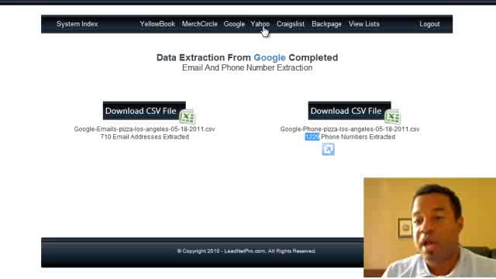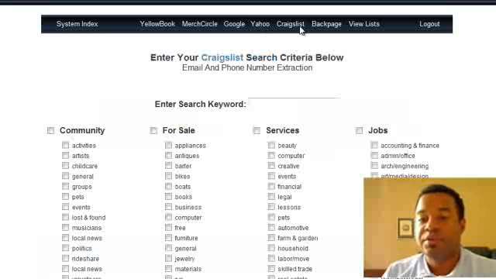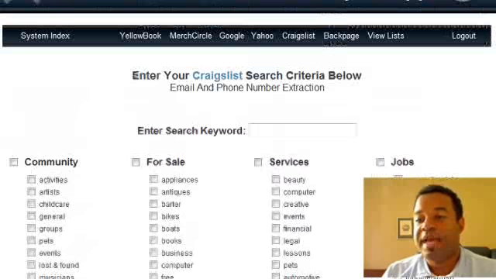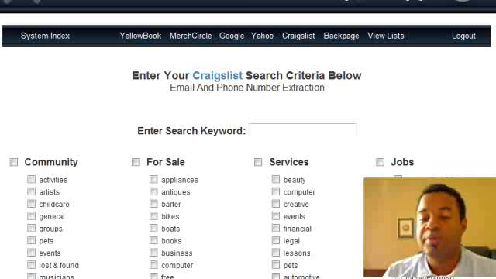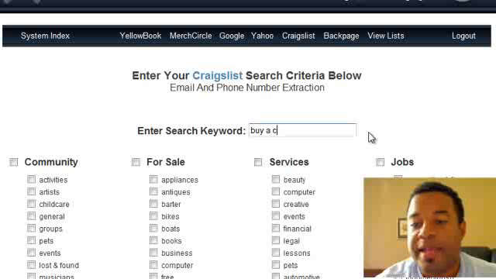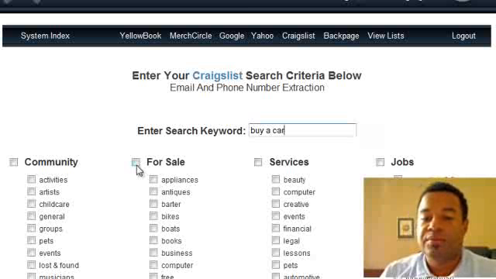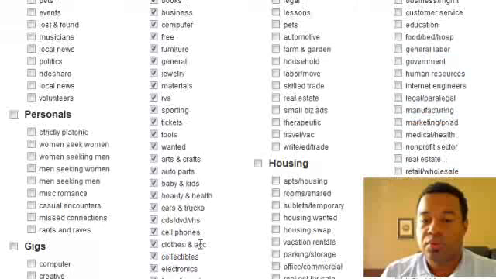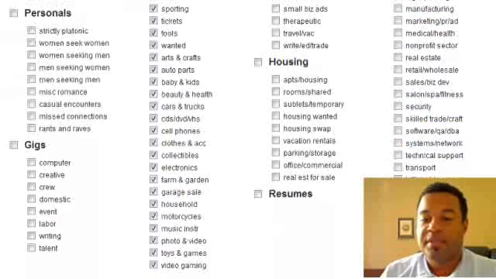You can do the same search through Yahoo, and then you can do another search through Craigslist, where you can, again, probably not the best place to look for pizza places. So we would use something else as a search term. So we could go for buy a car, and we go for sale. We'll just leave it like that. Submit the categories,